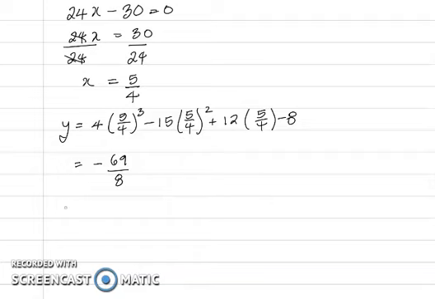So the point 5 over 4, minus 69 over 8 is a point on the curve, which may or may not be a